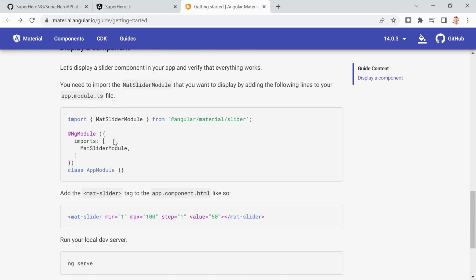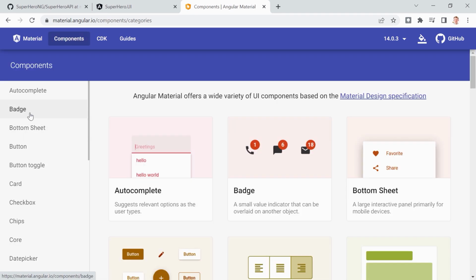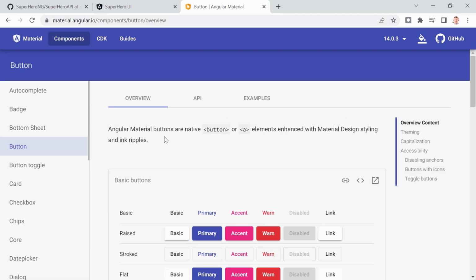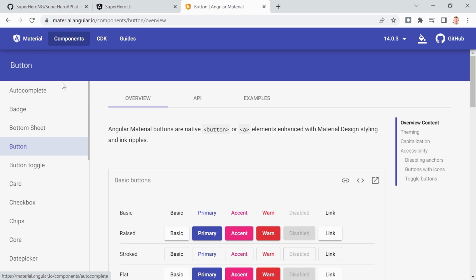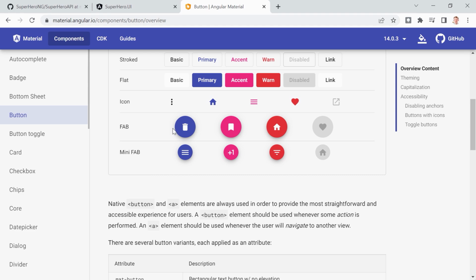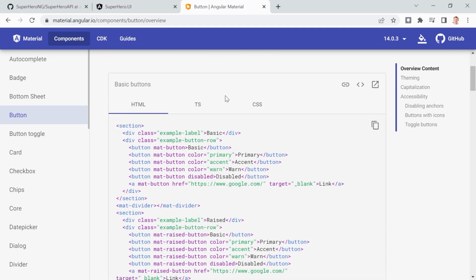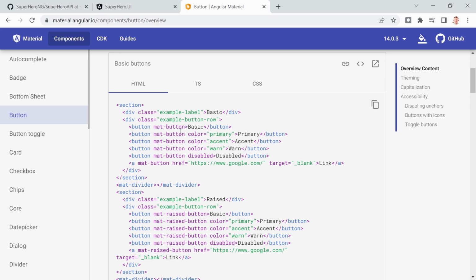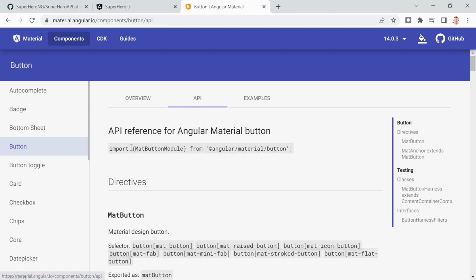Here's an example for the material slider. But what I want to do again is use the button next. And this is how you do this. This is, in essence, the typical way. You go to the documentation of Angular Material, look for the components, go to the component you want to use, and then you see these are the options I've got. This looks nice. And then you will have a look at the code and pretty much copy and paste it. But first, very important, you have to go to this API tab because you have to import the module